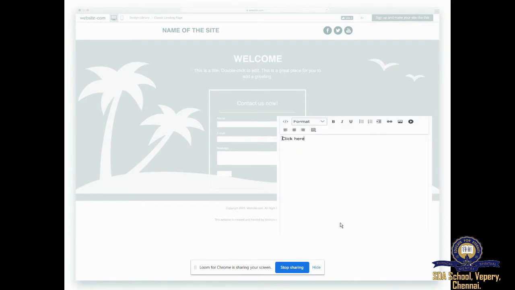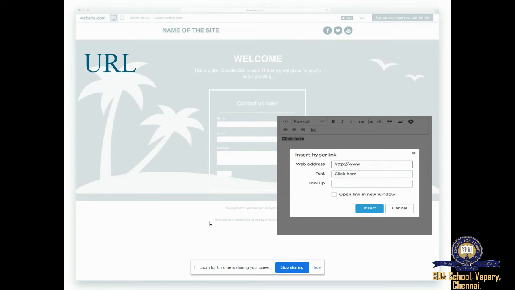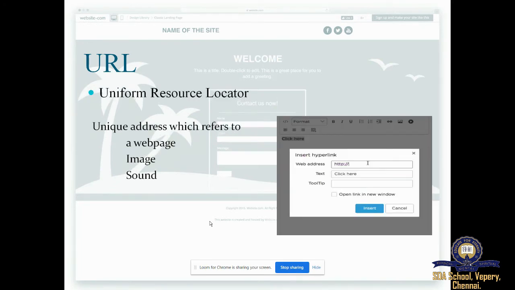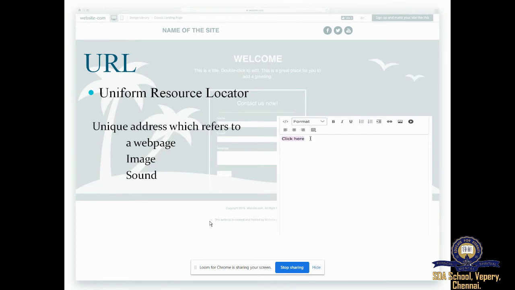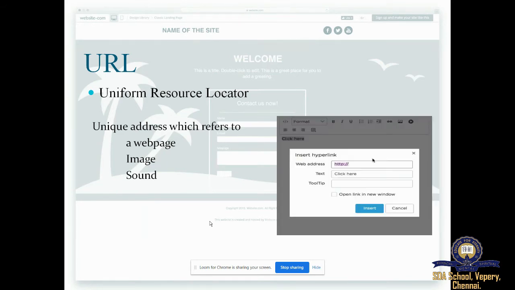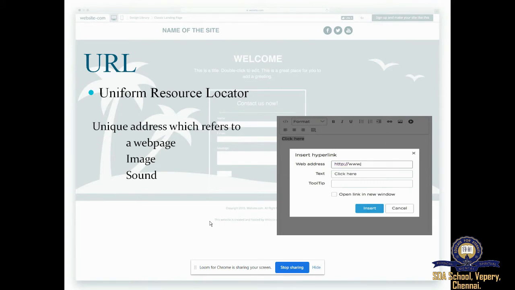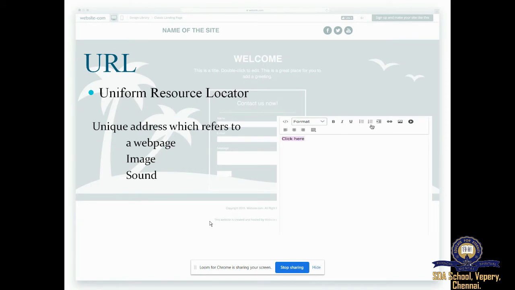So this www.google.com, that is nothing but your, yes, URL, that is your uniform resource locator. What does URL stand for? Yes, uniform resource locator. So it is going to locate where your resource is present. So this unique address. So each and every website will have a unique address. So google.com will open only the google.com. There won't be any other websites linked to it.